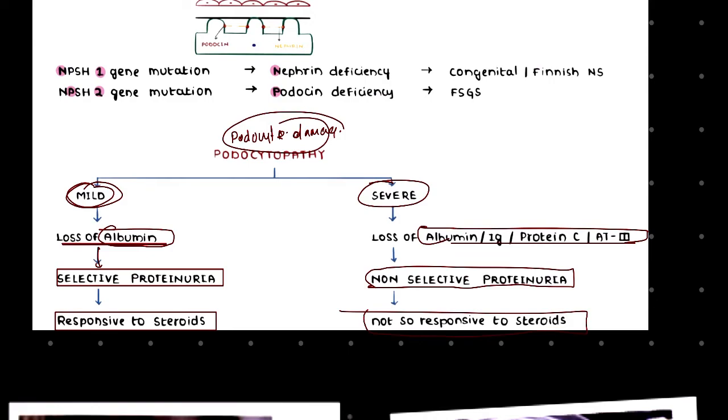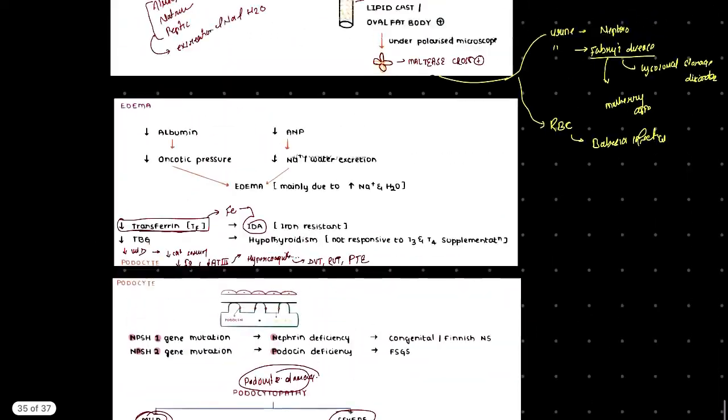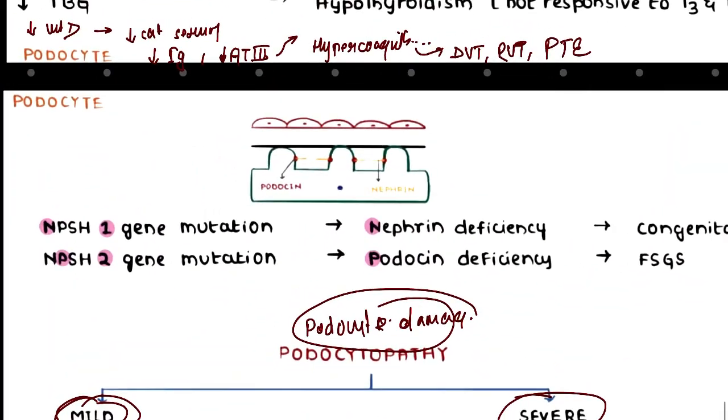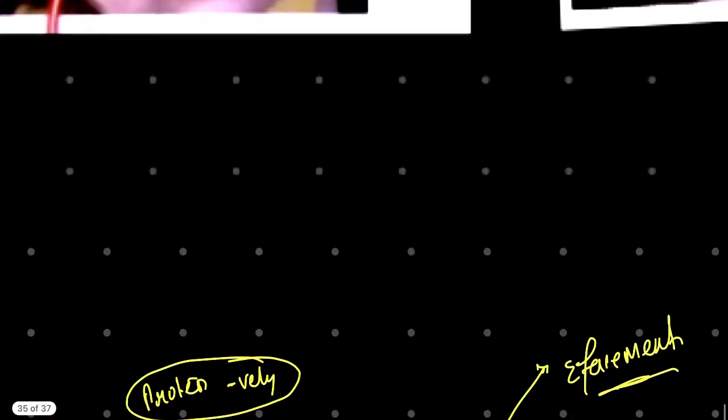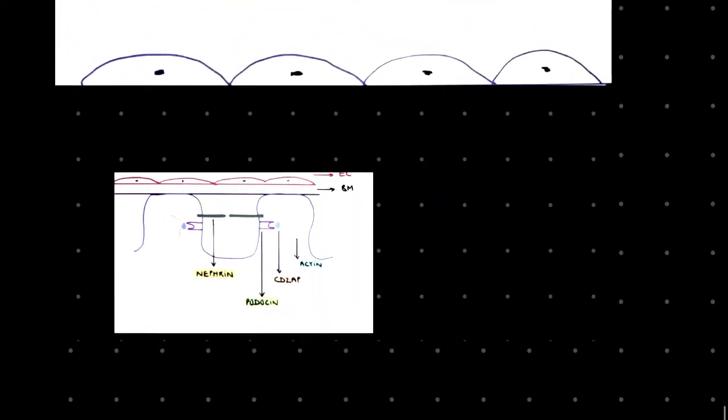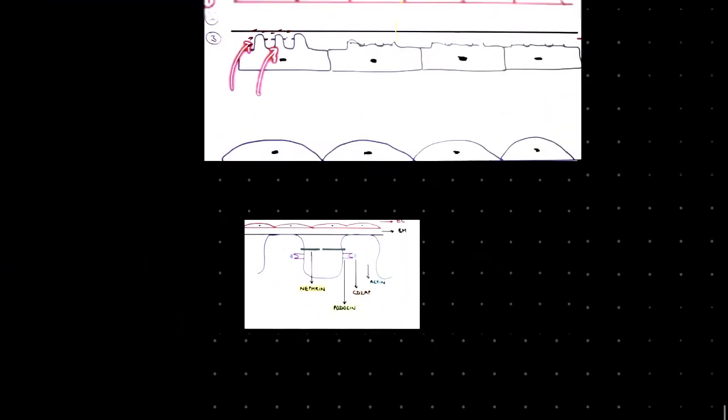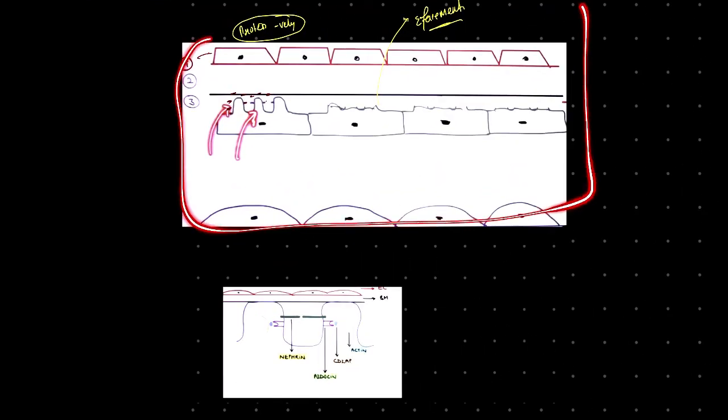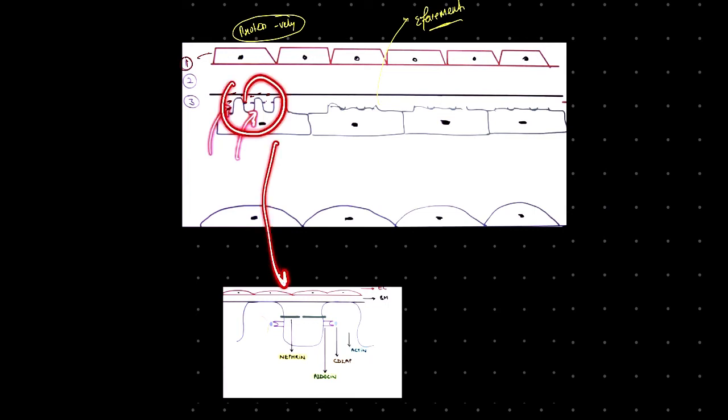Okay, now moving further, I would like to move toward one important discussion, and it is right here. As we have already said, the upper one is our endothelium, this is our basement membrane, and this is our visceral epithelial cells, with podocytes, right? Now if you see the podocyte, I think it is a more detailed diagram than this one. This is our diagram, and if we zoom in on this part,